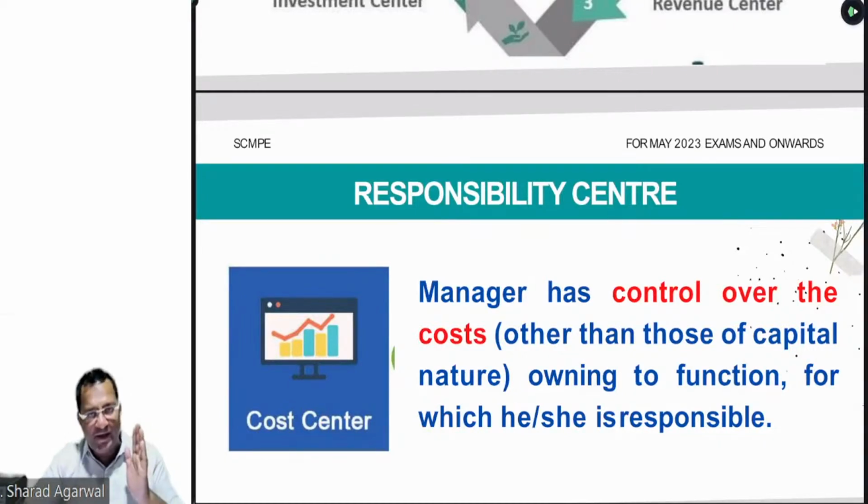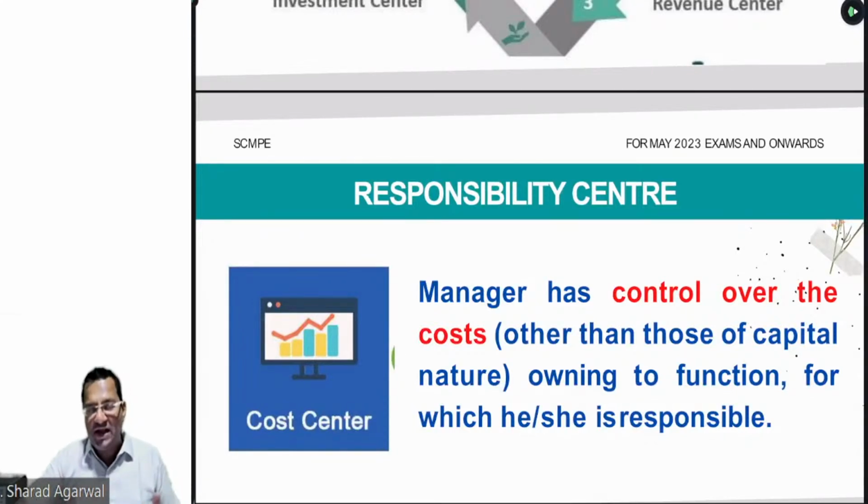So the printing department in the board of studies is a perfect example of cost center in which the performance of printing department will be evaluated on the basis of what actual cost has been incurred for the actual output, and for the same output, what will be the standard cost. If the printing department has saved some cost by its own efficiency, then definitely the departmental manager will be rewarded with bonus, and vice versa. In case it is not, then definitely a question will be raised to the printing department that how your cost exceeded. They have to justify the reason behind that.